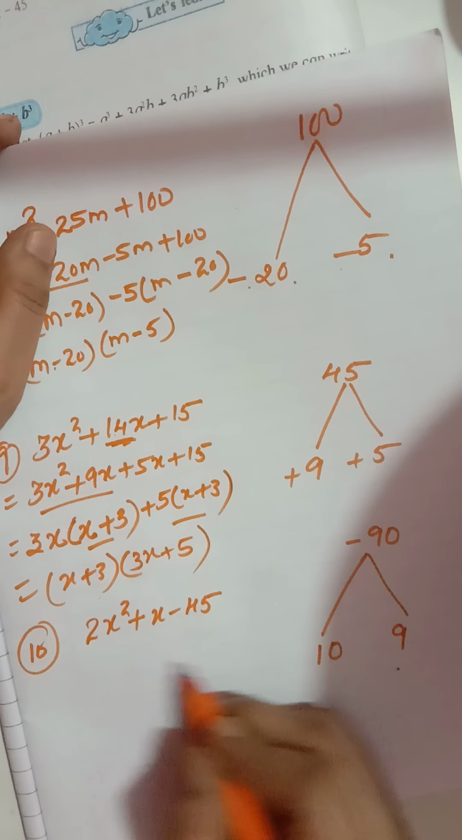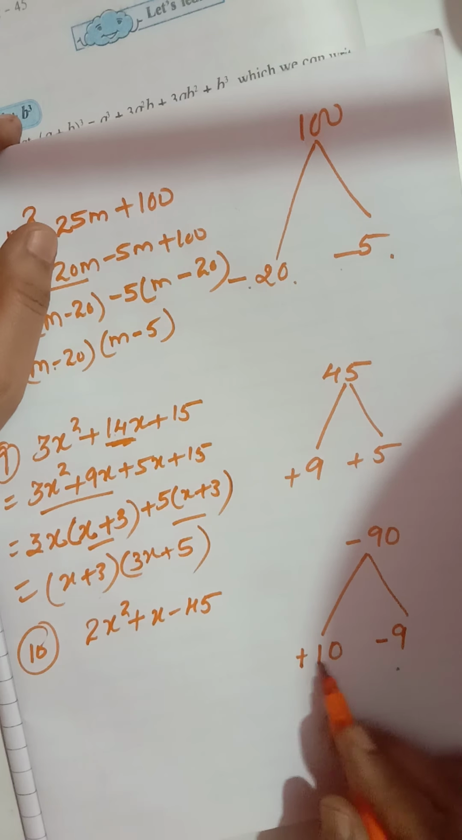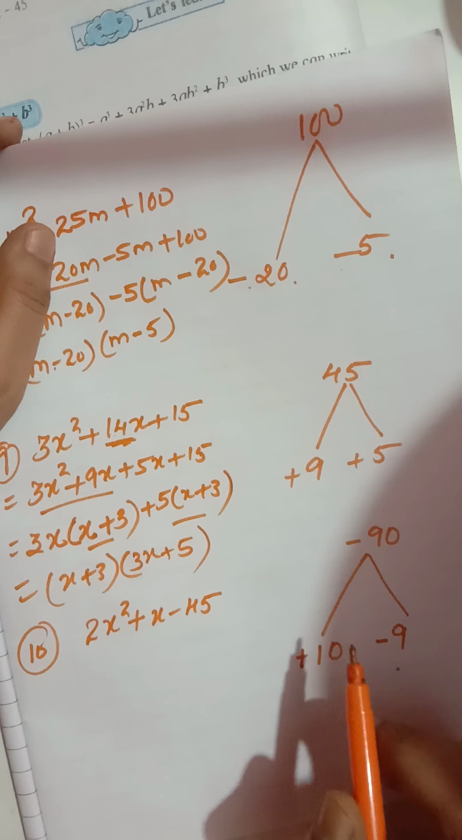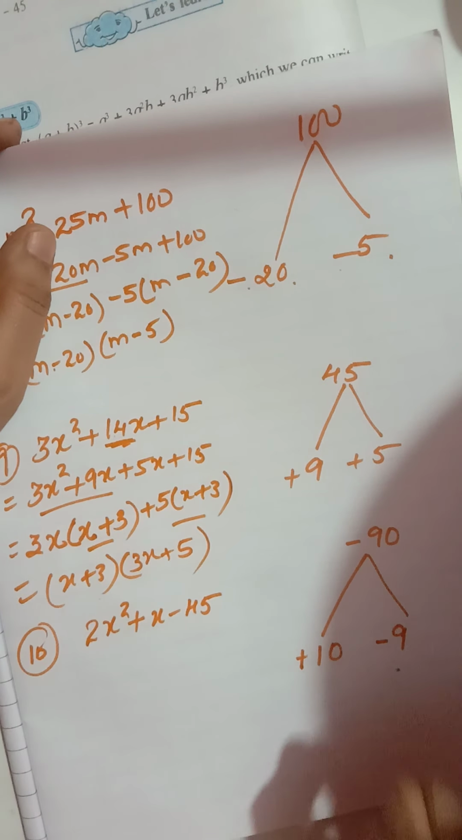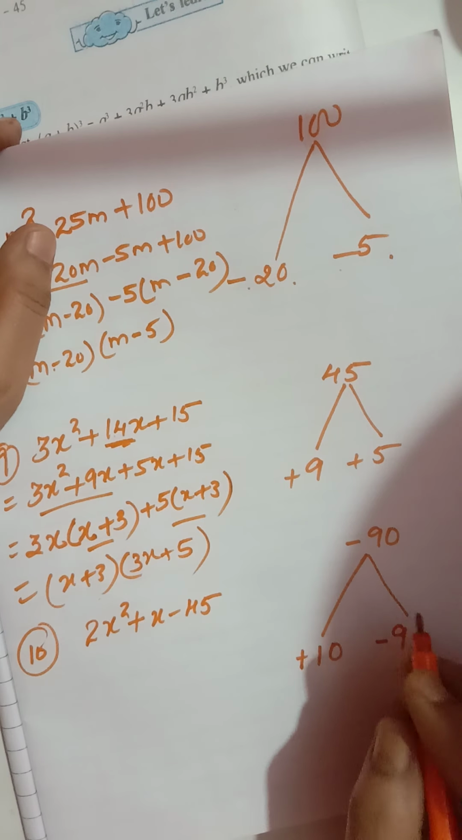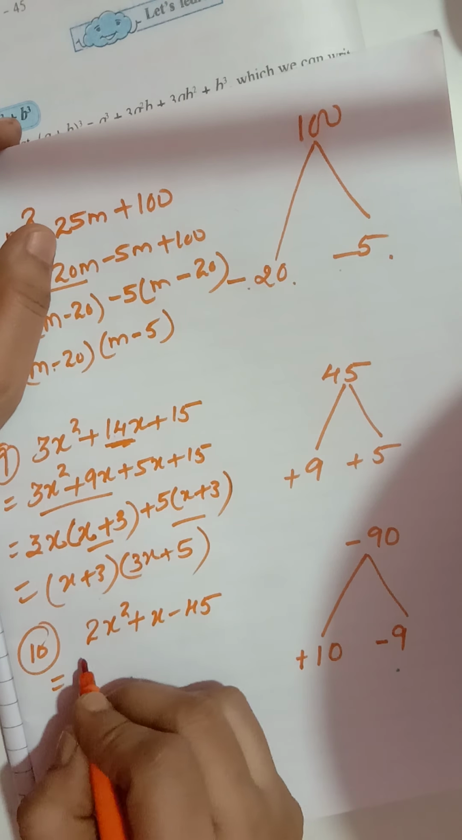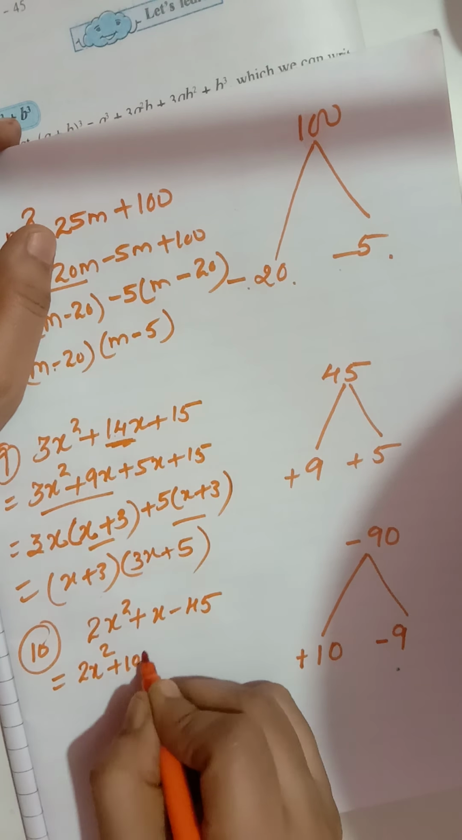the middle term has a plus sign, a positive sign, so plus 10 minus 9 becomes how much? Plus 1, right? So plus 1x. There is no need to write 1x, but it is understood. 10 minus 9 is 1 and the bigger number has the plus sign. Now how are we going to arrange? This is equal to 2x square plus 10x